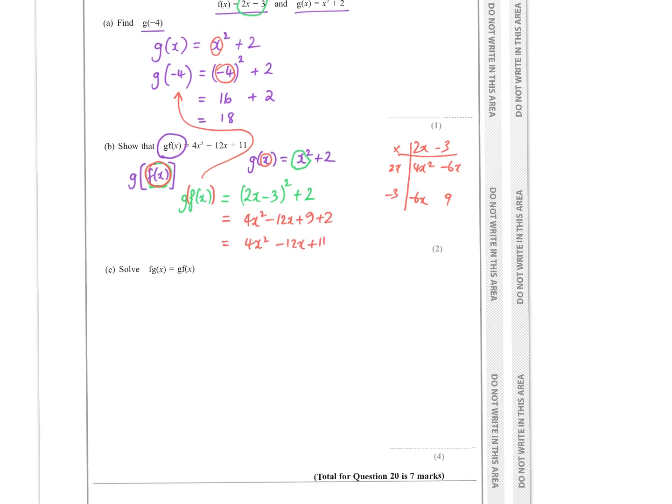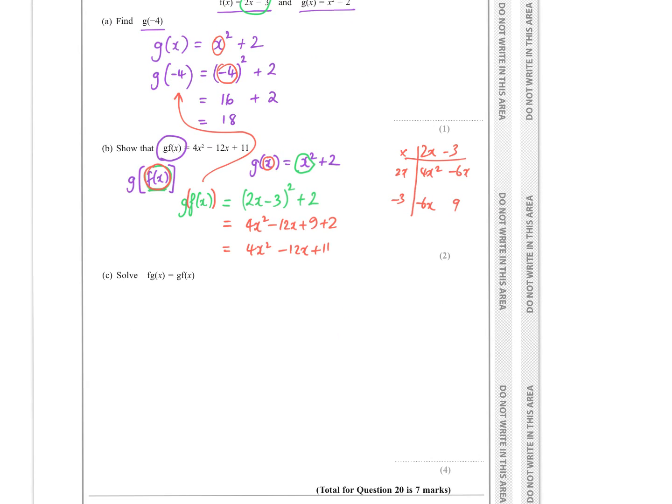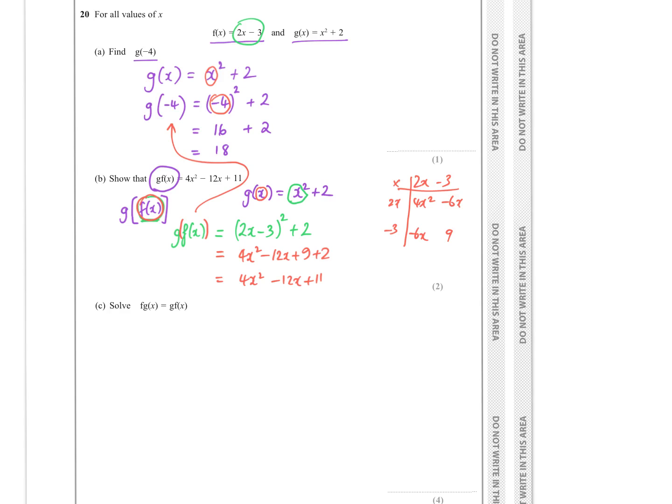For the next question, we've got to look a little bit more carefully. We've got f of g of x equal to g f of x. And what we've got to do here is solve that equation. So we're okay. We've got g f of x